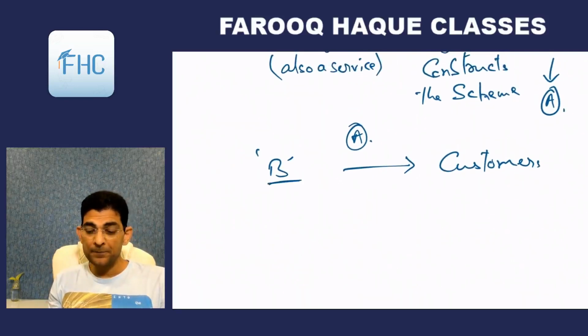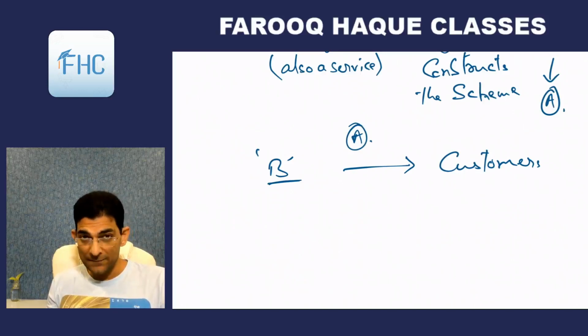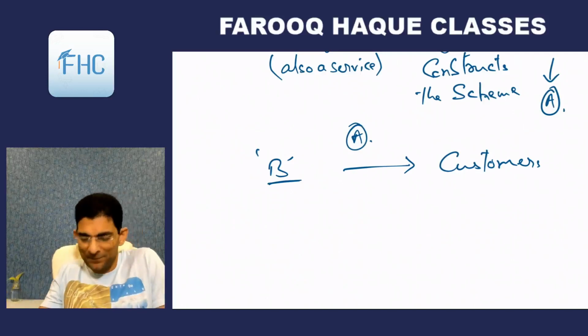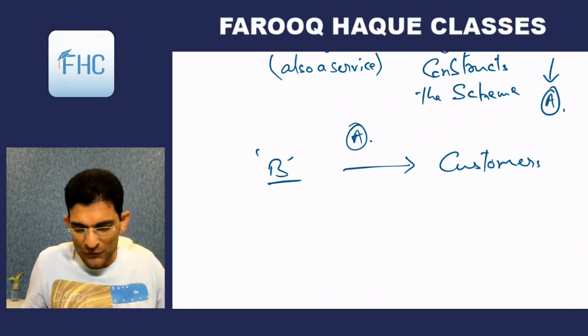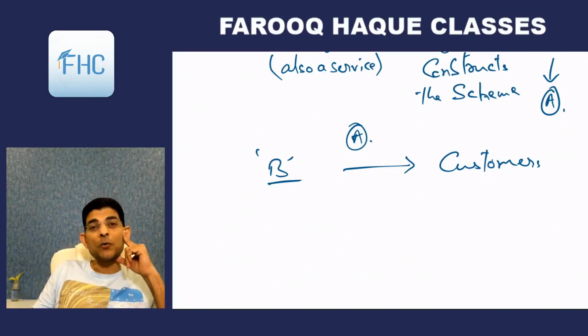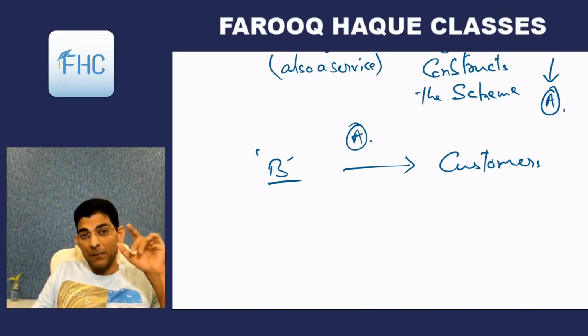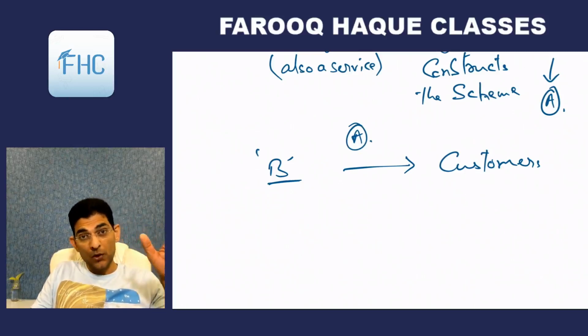So let me tell you. If B, now let us take there are two things involved here. I'll explain in a simple way, not the complex way. So two things are involved. One is that when is this what we can say construction getting completed? Okay, let me go the long way so that you understand it fully. Okay, so now what B does is that he makes a scheme on paper. First of all, the land is there. Now he'll make a scheme on paper, get the building plan made by the architect, and then we'll give it to the municipal corporation for approval.